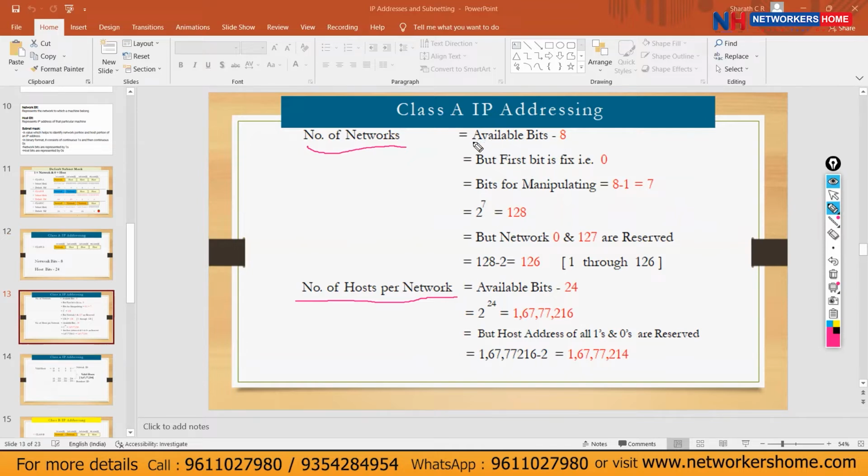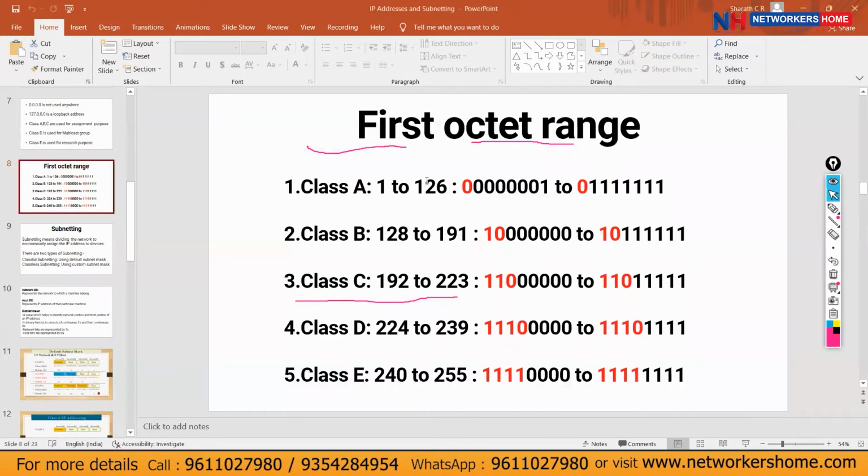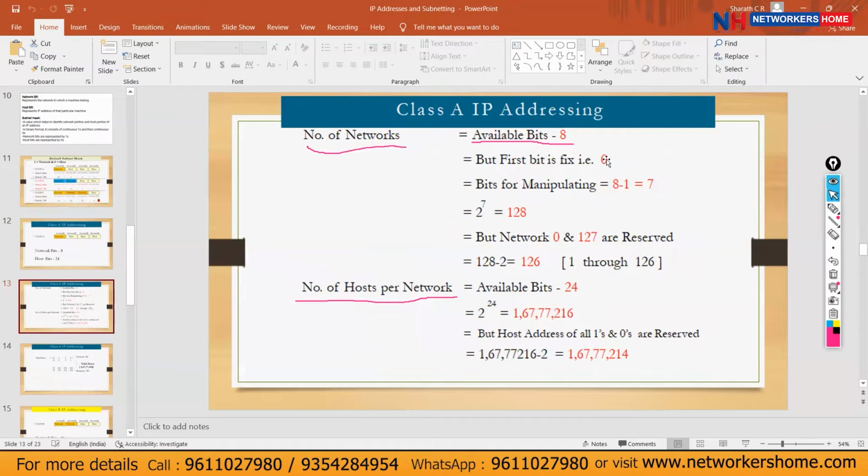So for the number of networks, the available network bits are 8. But in a class A IP address, the first bit is common. So we reduce one bit. 8 minus 1, 7. 2 power 7 is 128.